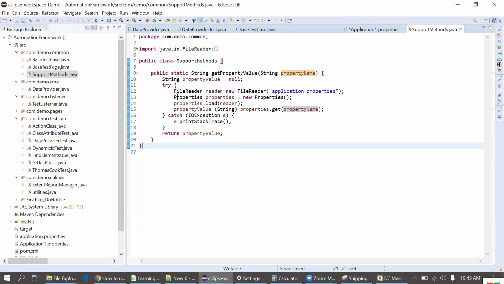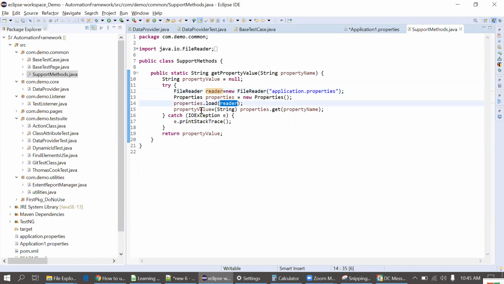Again, for reading the .properties file, we need this class: properties equal to new properties, simple, properties dot load. Again, you can just Google this code, but I'm just showing the overview. Properties dot load, and I pass the reader where I put the actual application properties file. Now this is at the root, so I just put this application property. If I put it inside any folder, I just provide that folder name with the file name.